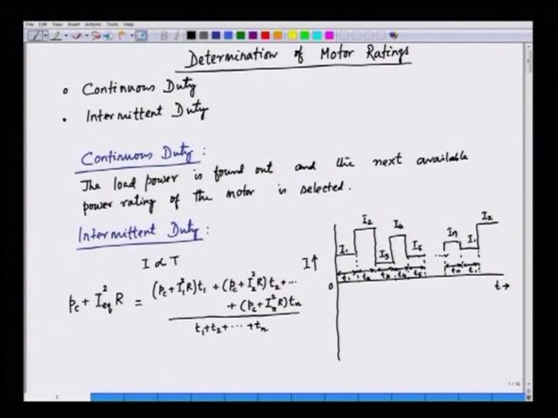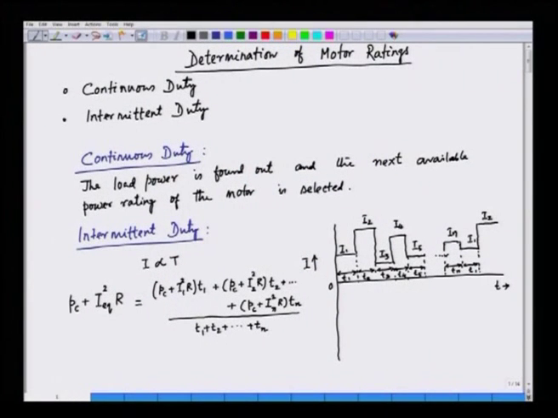Now, on the left hand side we have the loss expressed in terms of an equivalent current: Pc plus I equivalent square into R. On the right hand side we have the average loss of the system. If we simplify this, we get the following expression. Pc can be taken common and taken out, plus